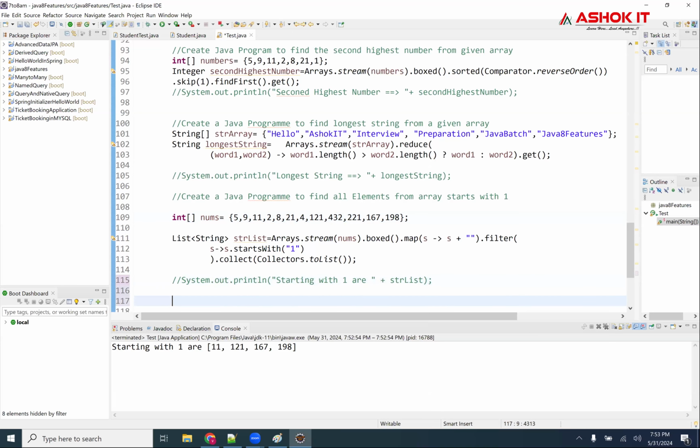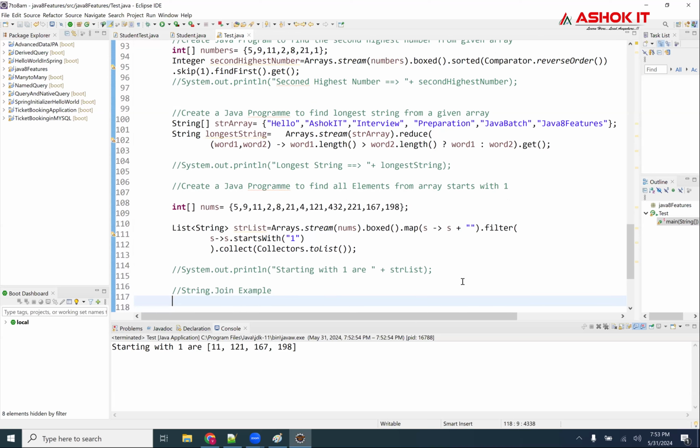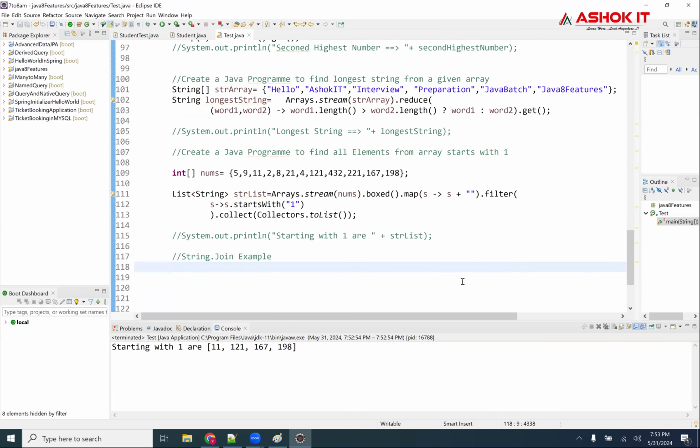String dot join. String dot join example. This is also useful, guys. Assuming that I have a list of strings, numbers.